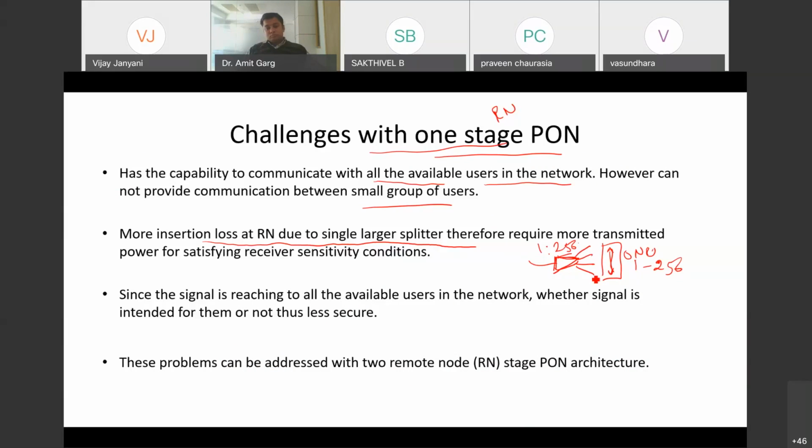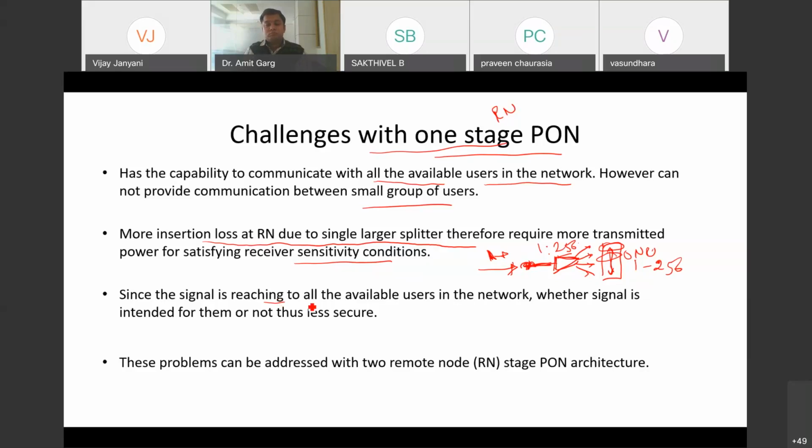It is a large splitter and it will always consume more power. It will need more transmitted power so that it can divide the power among 256 users. So the sensitivity conditions of receivers are very stringent, because you need very sensitive receivers if you are using small power at the transmitter end. As I mentioned in my previous lecture, you cannot put a very large amount of power, because it has other problems, non-linear issues and all that.